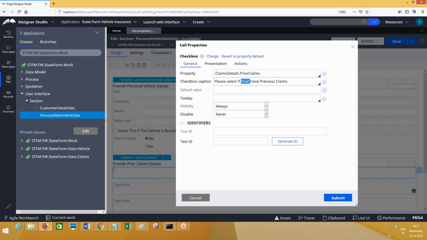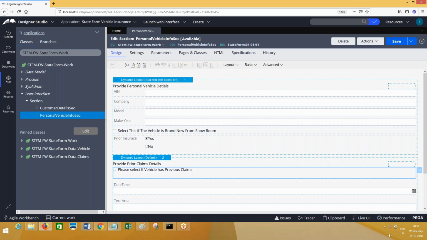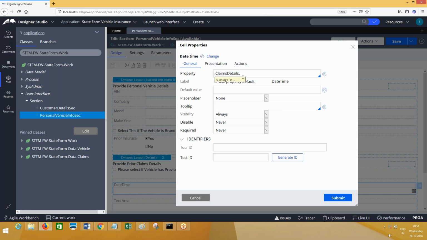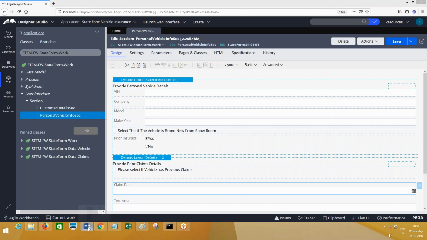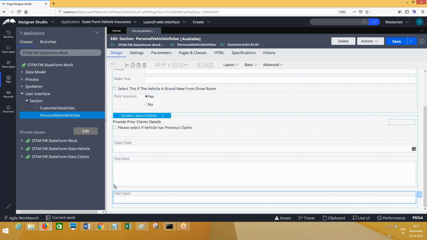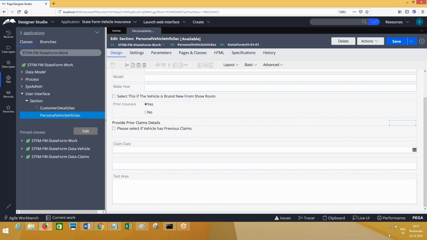If the vehicle has previous claims, this is the one which has to be selected. Next one is claim date. Did I select something wrong? Okay, I'll just move it up. So this is done. You can move inside the section also.